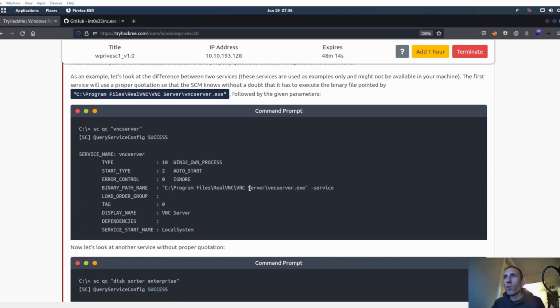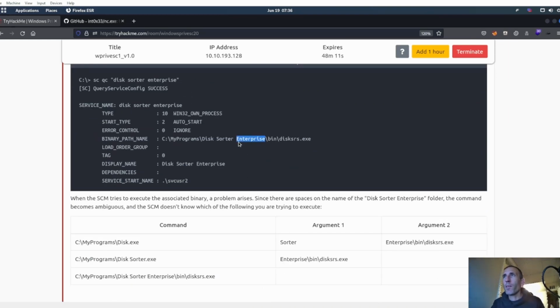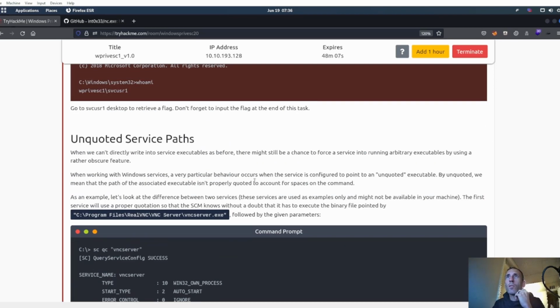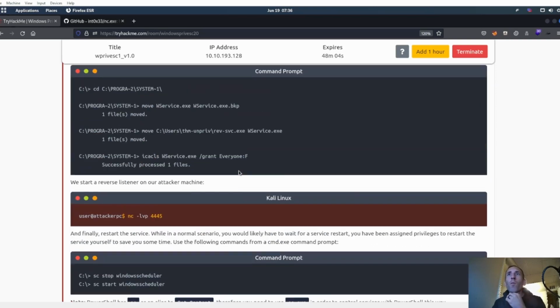Now, we know that unquoted service paths exist. We know that that's a thing on here, right? We know that this guy right here exists. So let's make a reverse shell that starts up as service user 2. Let's go ahead and see. Okay, so service user 1, we're going to start off with